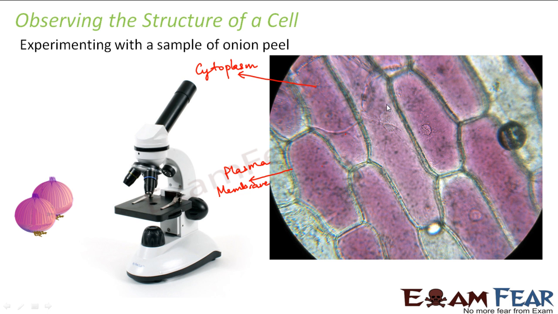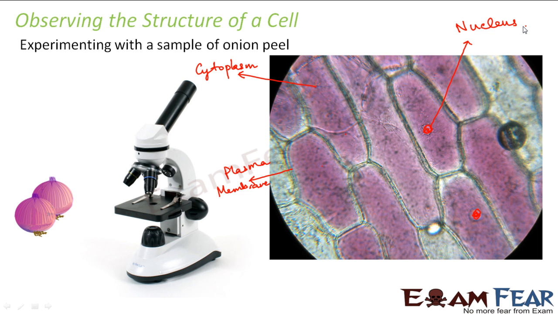You would also see that inside every cell, you have a dot-like structure. In this picture it is not very clear, but inside every cell you have a structure that is comparatively darker than the rest of the cytoplasm. That is known as the nucleus of the cell. So these are the three most prominent structures of the cell. Broadly, the cell's structure is divided into these three parts: cytoplasm, nucleus and plasma membrane.